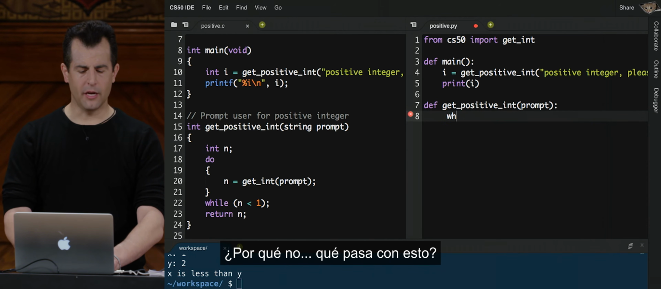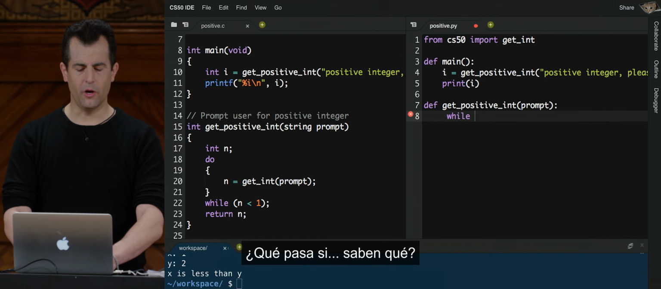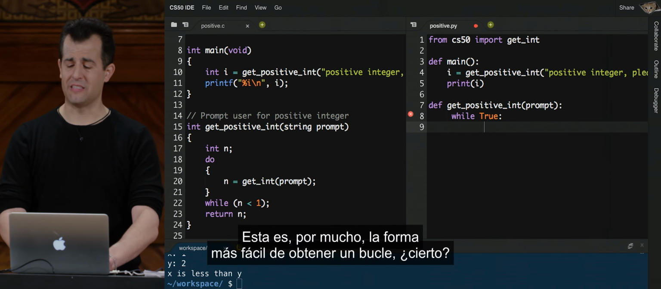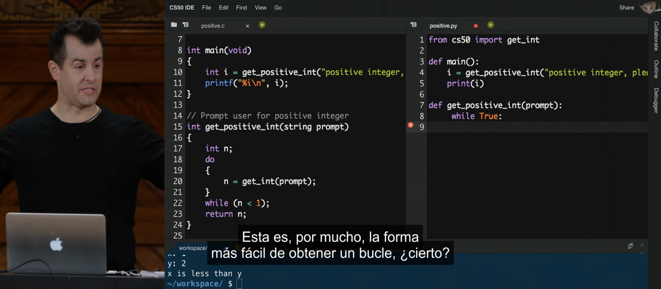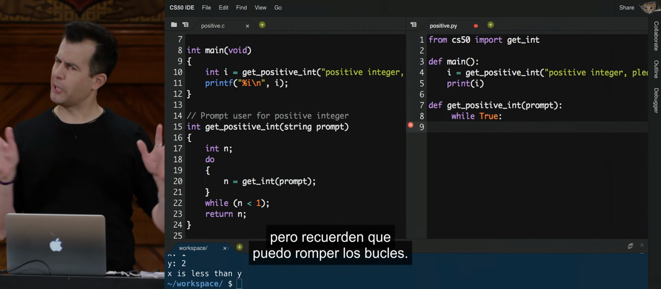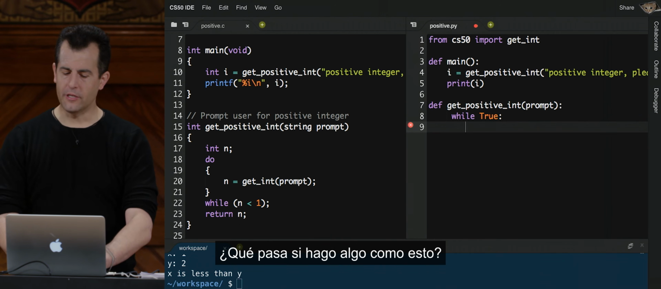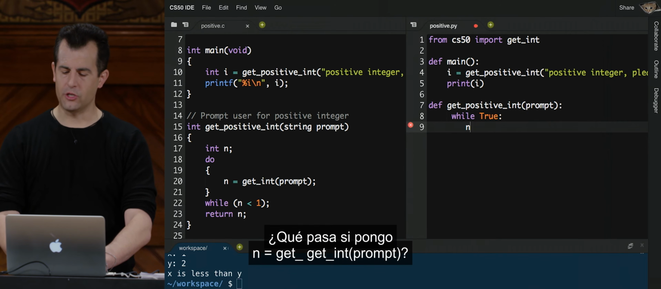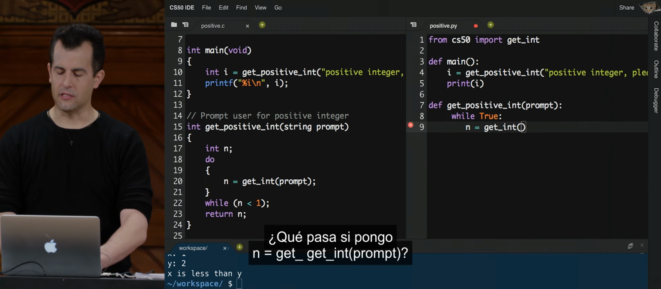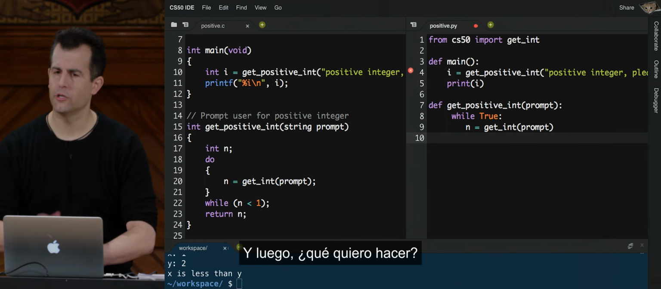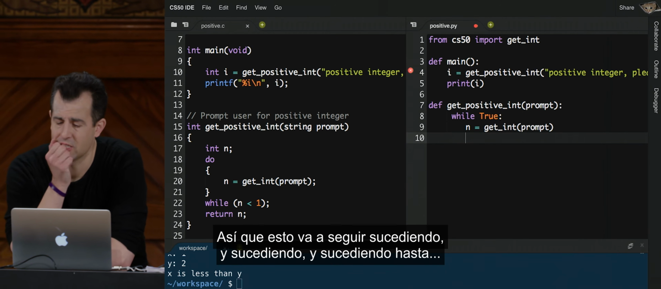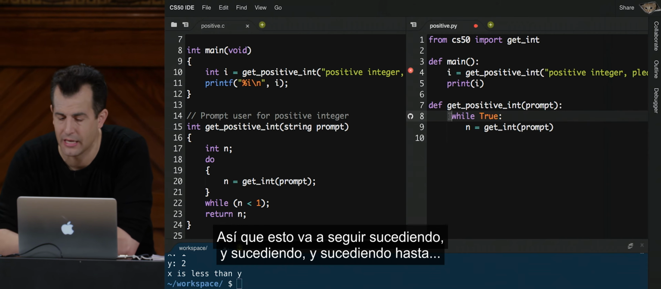So you know what, what about this? What if I just do, you know what, I know I need a loop. This is by far the easiest way to just get a loop, right? It's infinite, which is not good, but I can break out of loops, recall. So what if I do something like this? What if I do n get int, passing in the same prompt, and then what do I want to do next? I'm inside of an infinite loop, so this is going to keep happening, keep happening, keep happening until